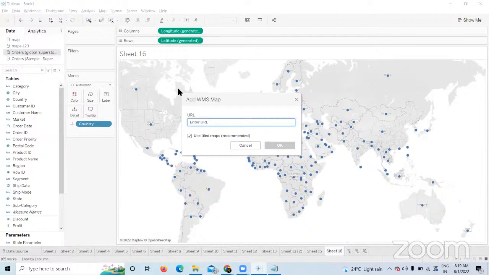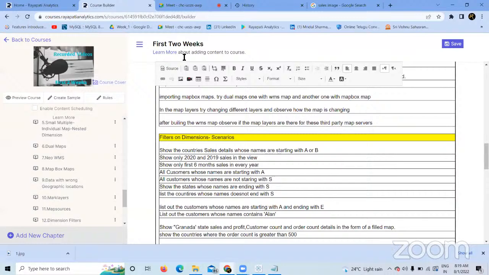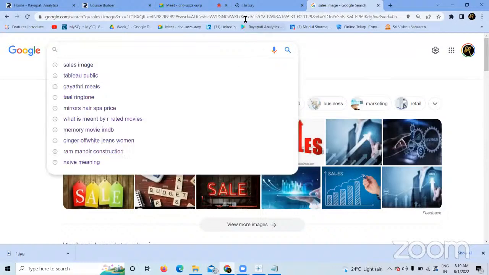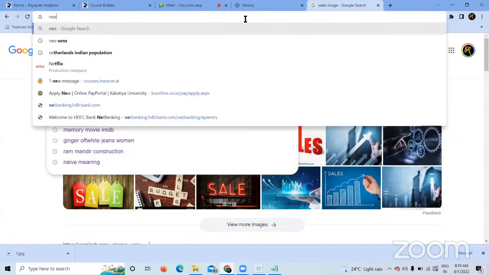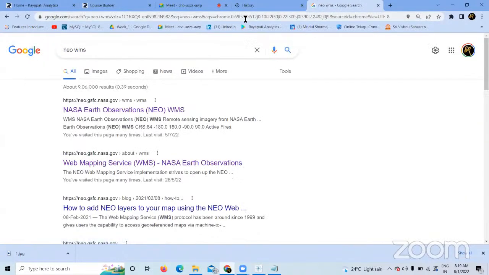From where can I get this URL? I'm going to the browser here. What am I searching for? I'm searching for Neo WMS. When I'm searching for Neo WMS, what does Neo mean? NASA Earth Observation. What is WMS? Web Map Services. These are the third-party map services that I can bring from